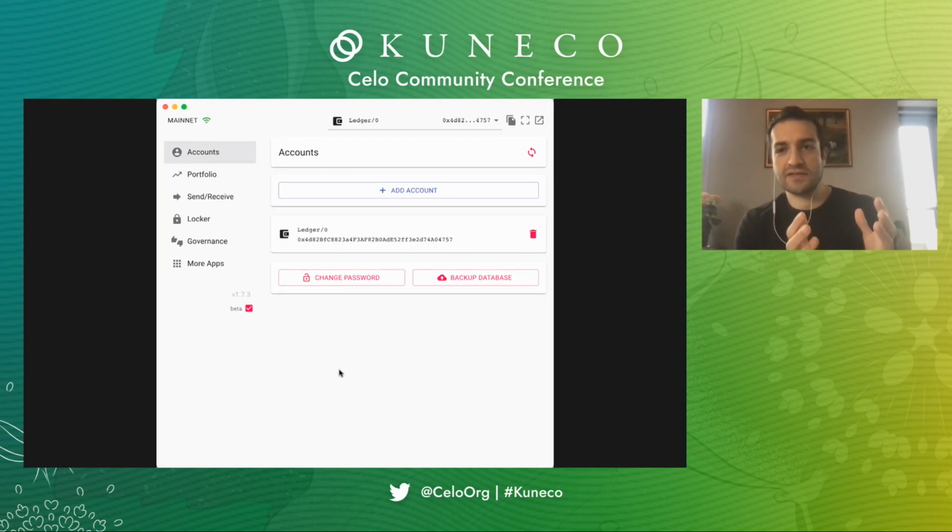The second question is, why build a new wallet? There are already wallets on Ethereum, like the MetaMask plugin, or there is the Ledger Live wallet and a bunch of other wallets that exist in the Ethereum ecosystem that we could have ported for Celo. And the main big differentiator between Celo Terminal and every other wallet is that in addition to being just a regular wallet, it allows any DApp developer to build native integration directly inside the app.